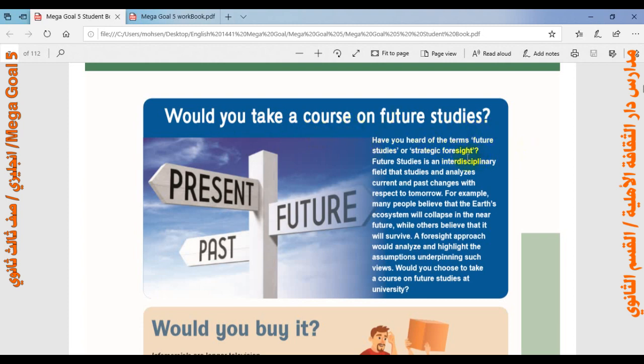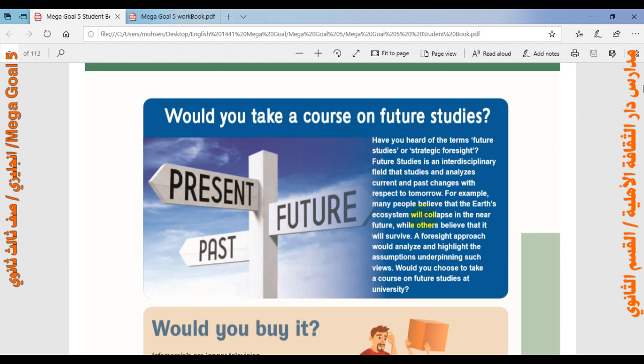Another one: would you take a course on future studies? This is about future studies, or strategic foresight. Future studies is an interdisciplinary field that studies and analyzes current and past changes with respect to tomorrow. For example, many people believe that the Earth's ecosystem will collapse in